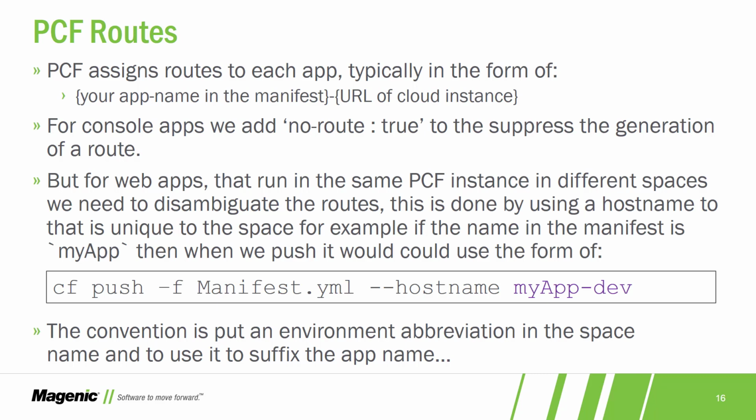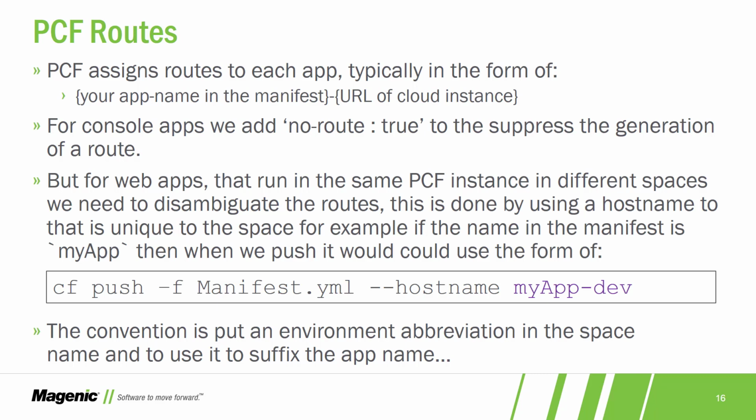The thing about that is, if I have a PCF instance, and inside of it are a bunch of orgs, and inside of that are a bunch of spaces, the rule is, because the URL of the cloud instance is going to be the same for all of those things, that you need to have a unique disambiguation to tell things apart. And our recommendation is to provide an explicit host name. And you can do that and give them unique names, and you can use that as the opportunity to also